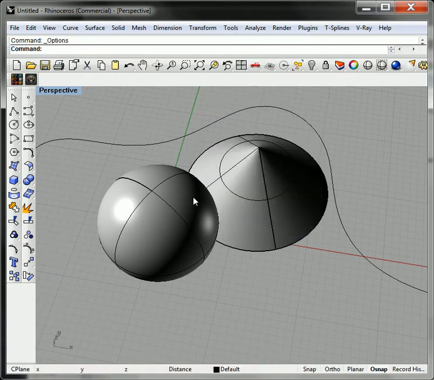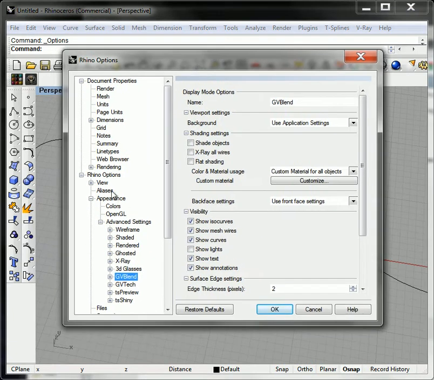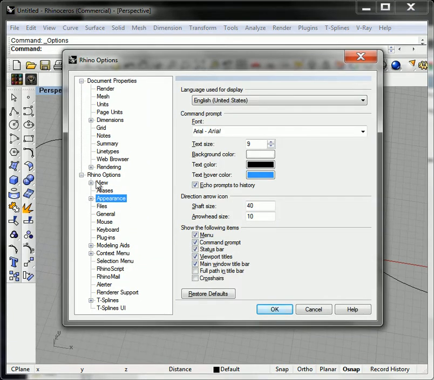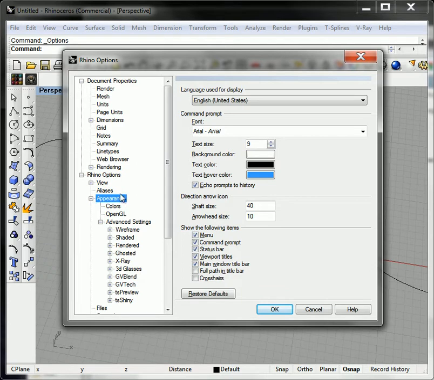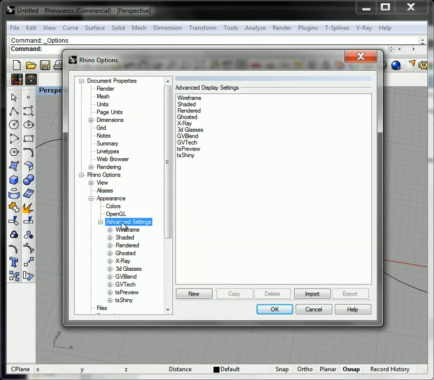Go to Tools, go to Options, and then have a look in your Rhino Options area. Go to Appearance, click the little plus, and then click on Advanced Settings, not on one of the actual names, just on the name Advanced Settings, and then pick one of these. Don't bugger up anything you've got. Grab one of them that you'd like to tweak. I'm going to grab